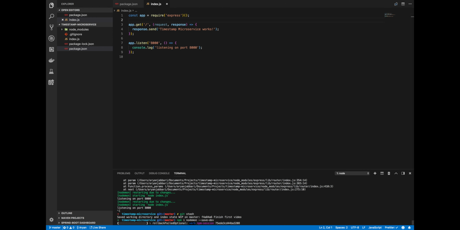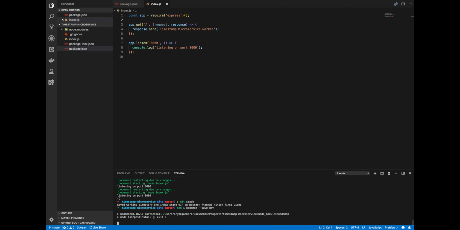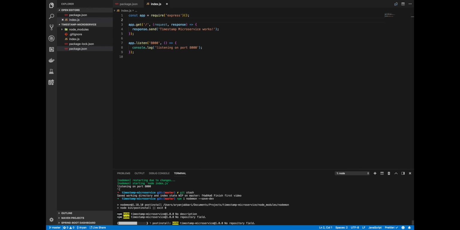Now what this package will do is monitor the node files in your repository, and if you're running the server, it'll reload whenever you update a file. So it makes it really easy to do development and not have to manually shut off and restart the server. That can take a really long time, and nodemon is amazing at